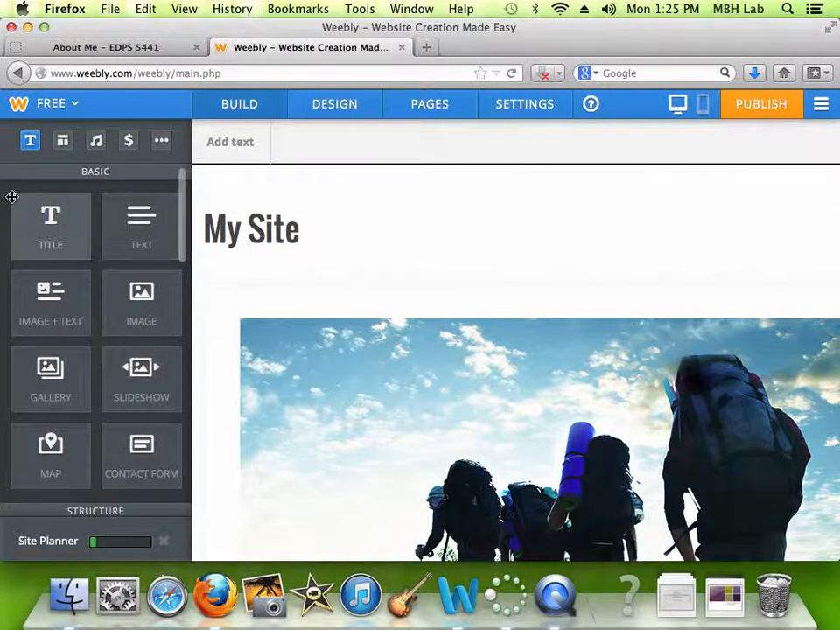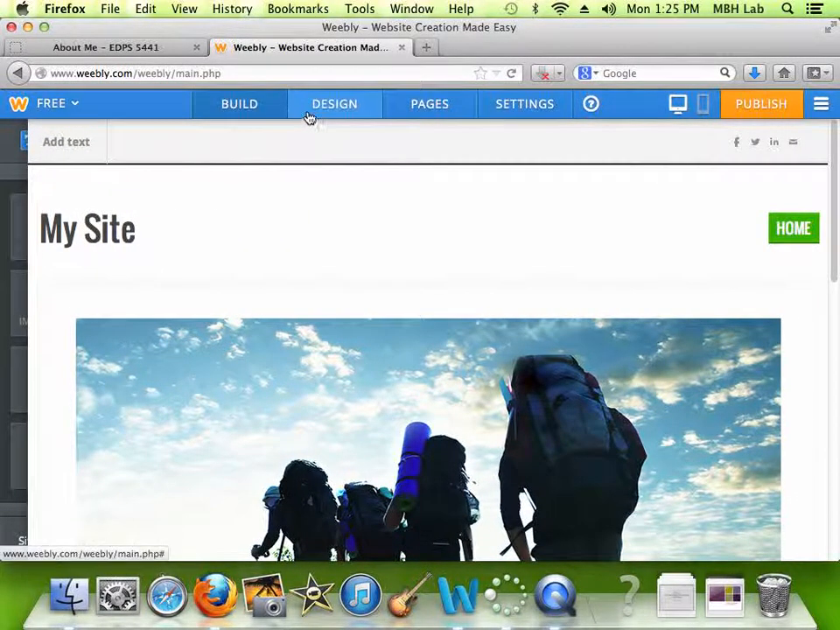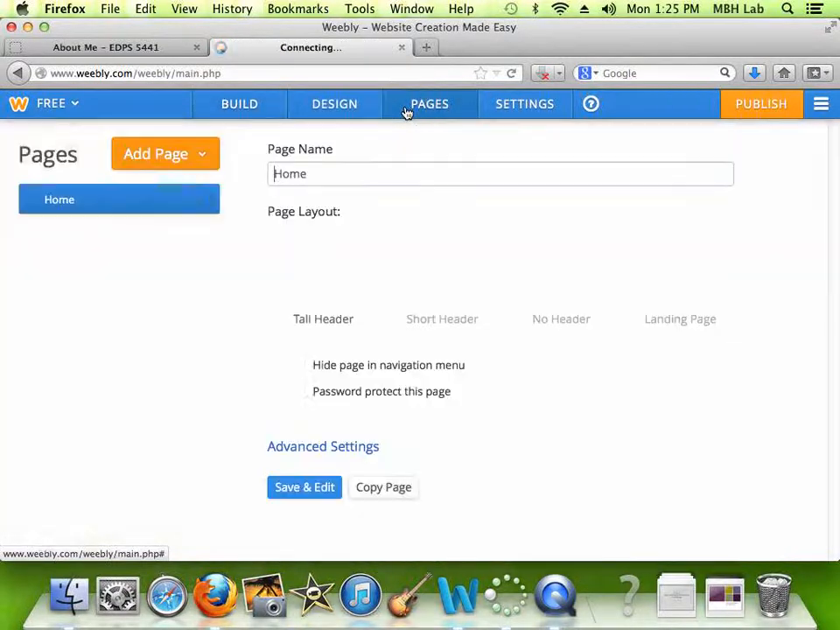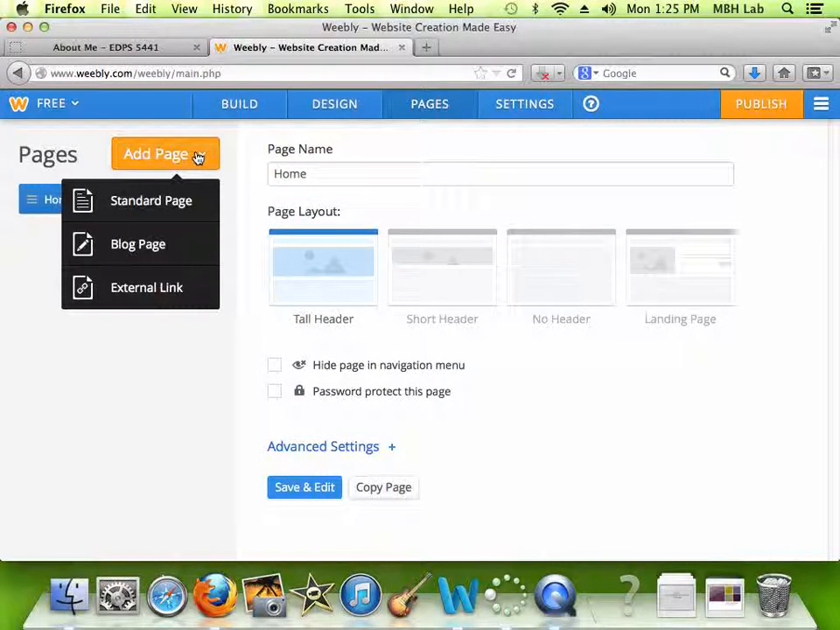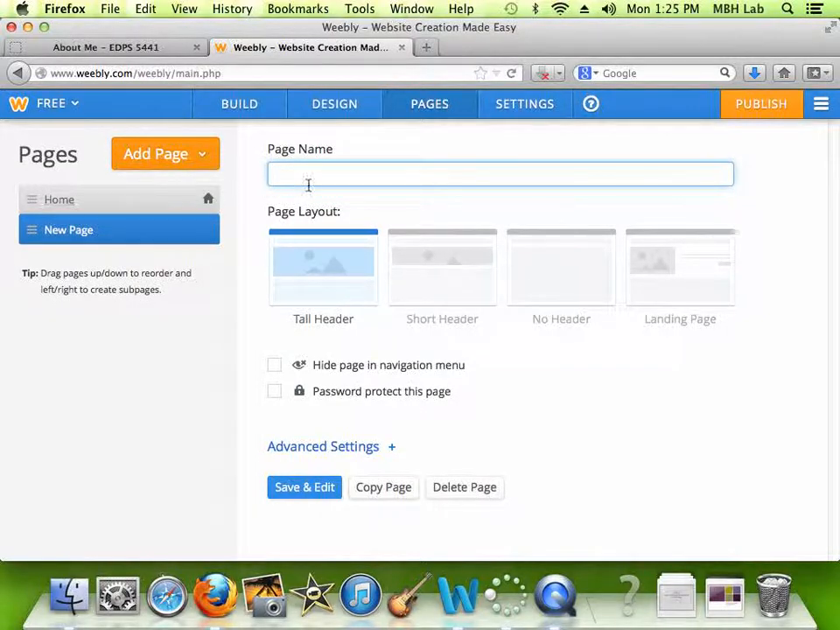Now, in Weebly, we need to use different elements on the side here to add content to our pages, and across the top you can see where we've got some settings. So for example, the first thing that I'm going to do with my site is add some pages. For our class, we need to make 3 distinct pages that you're going to put content on throughout the course of this semester. The first page that I'm going to ask you to make is your About Me page. So this is a little biography page